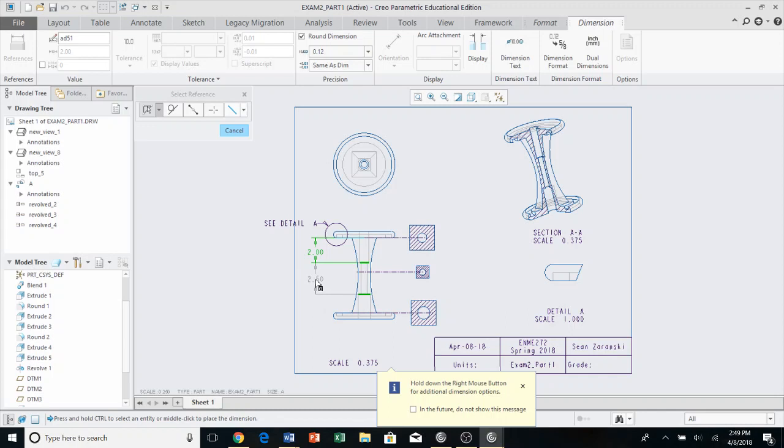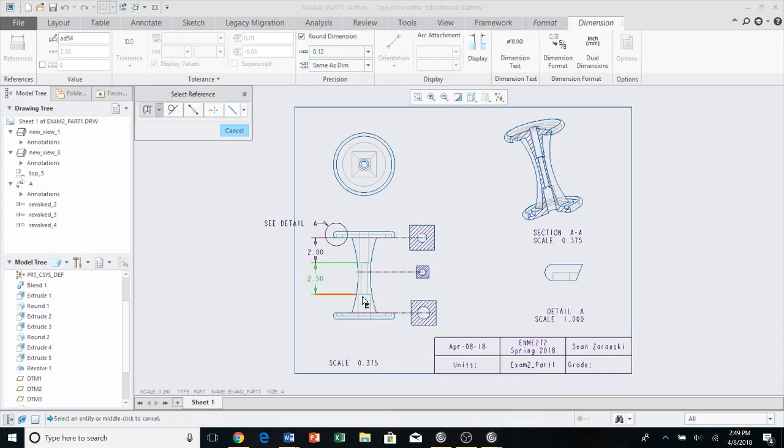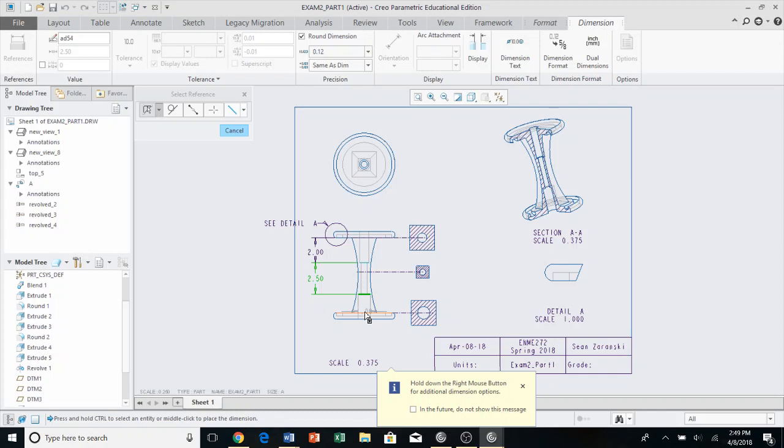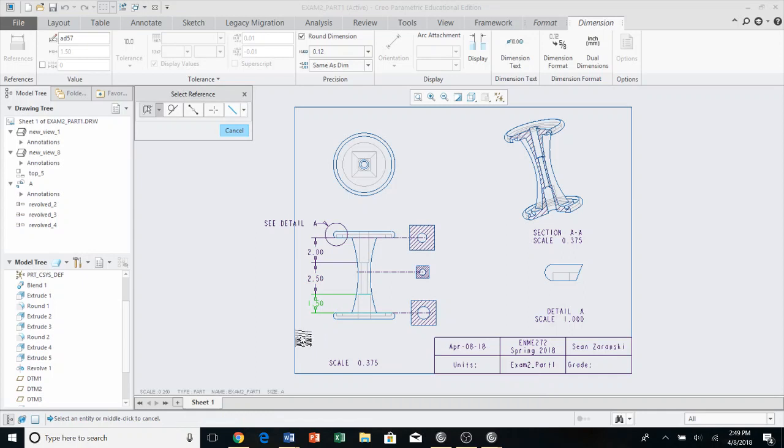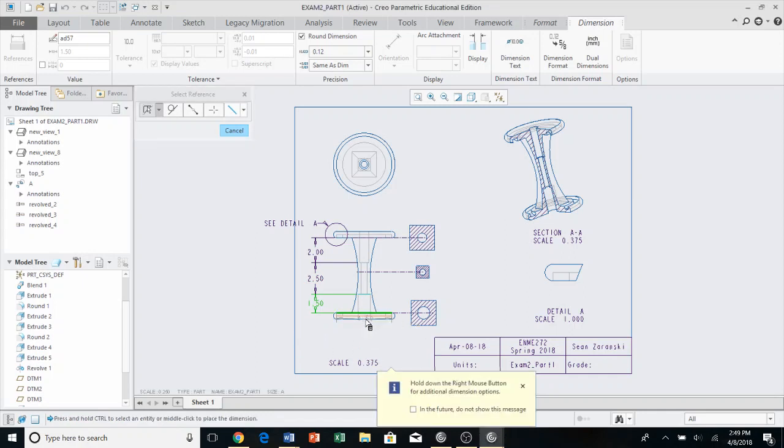This is 2.5, and then from here to here, this is 1.5. Okay, and then we can do from here to here. Now this is gonna be 0.5,